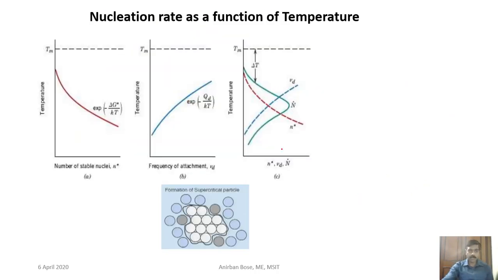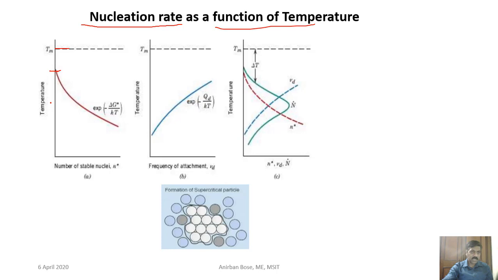Now in this case, let us try to see what is finally the nucleation rate. Okay, so nucleation rate as a function of temperature, if we want to see, it is very clear that if the degree of supercooling, here you can see this is the melting point. Now if your temperature at which you are trying to transform it, suppose you are trying to transform it isothermally, so if the temperature is here,